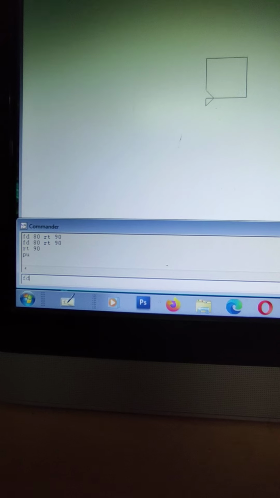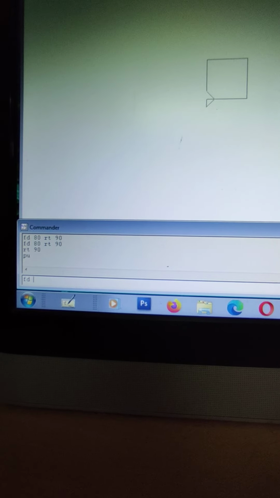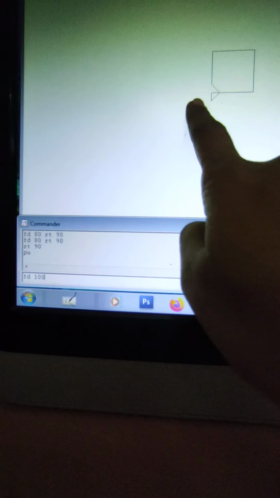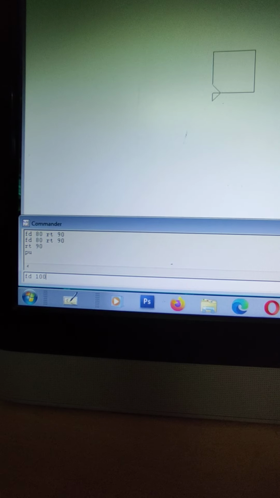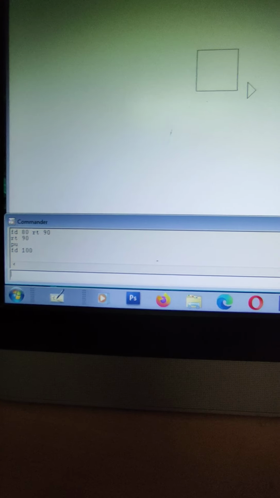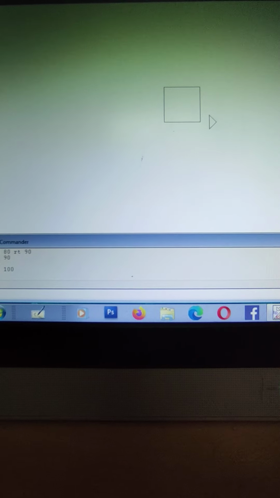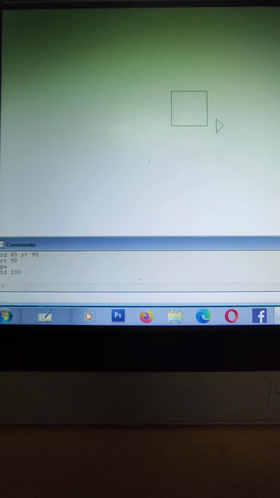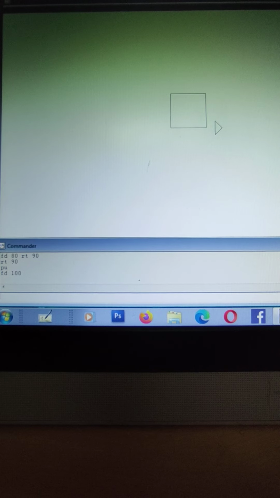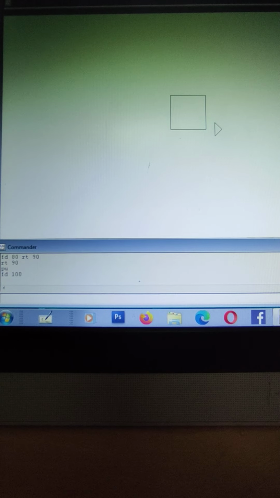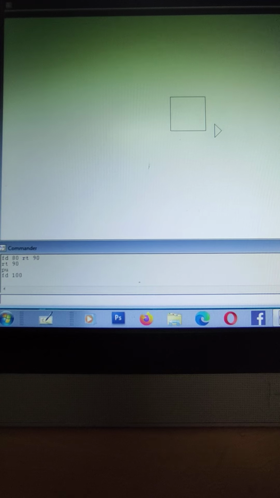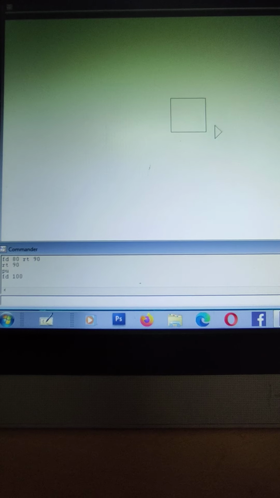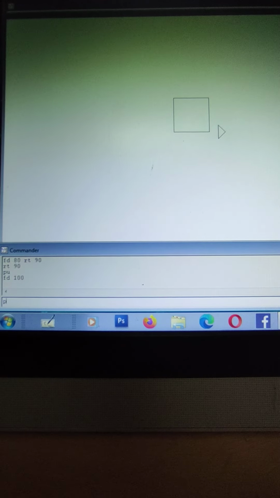Then I am typing here FD 100 because it is 80. FD 100. Now your turtle is here. Now we will use the PD command. If you do not give the PD command, then you will not get any line here. That's why we will give the PD command.